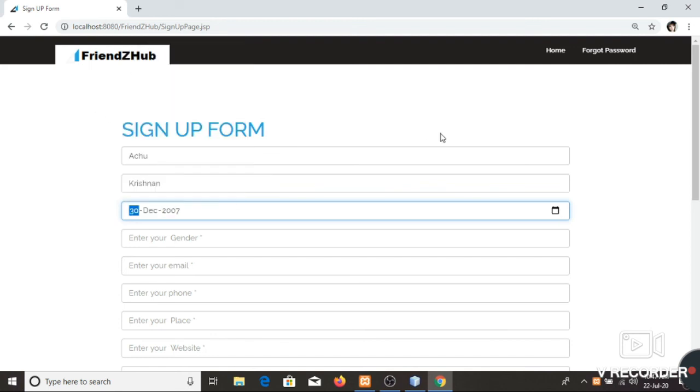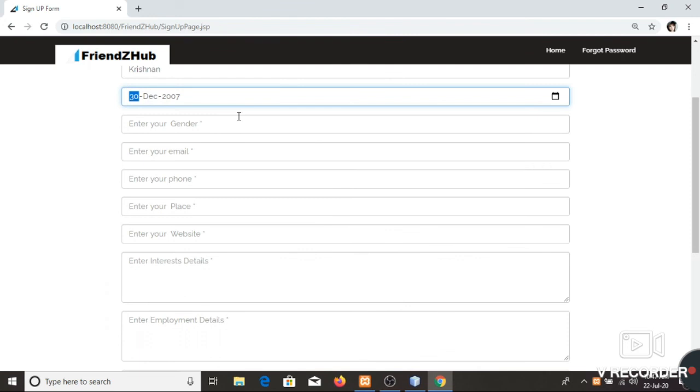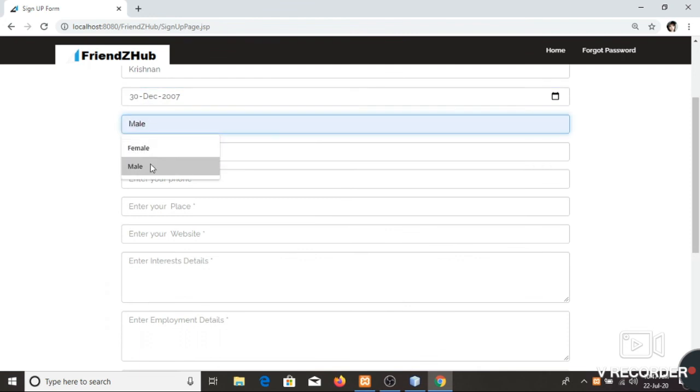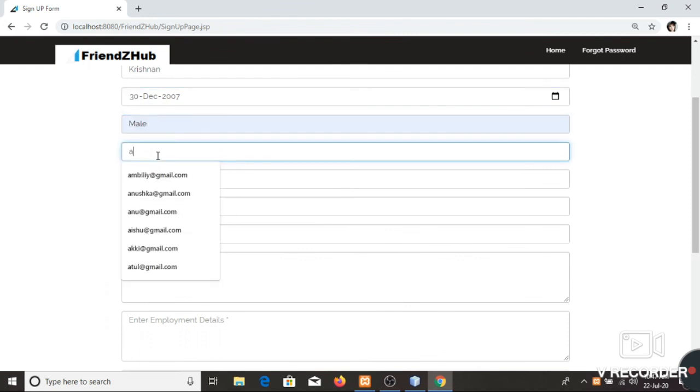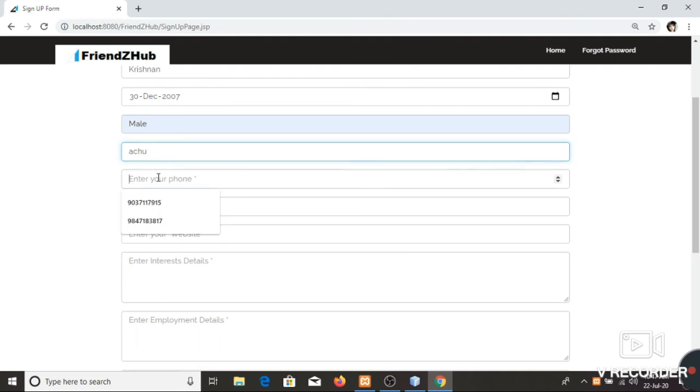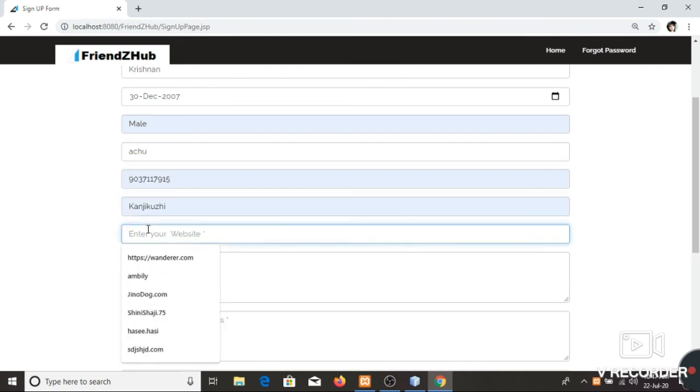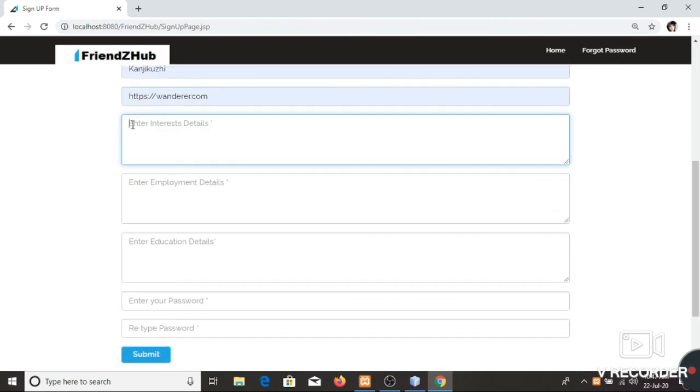Email duplication is also prevented here. So now I am registering an account in the name of Achu, and I am filling in the details.